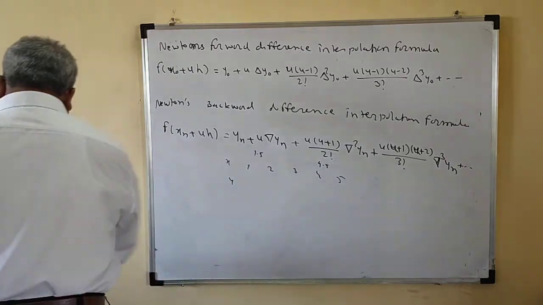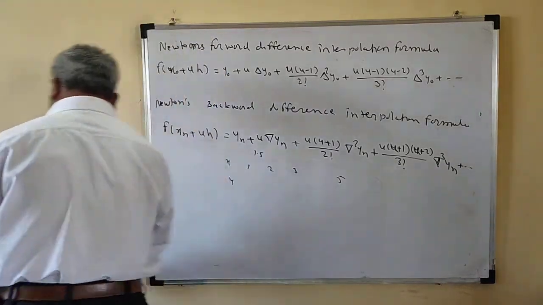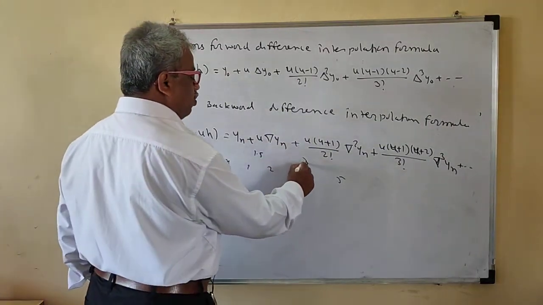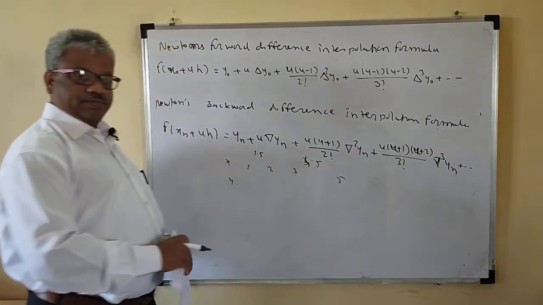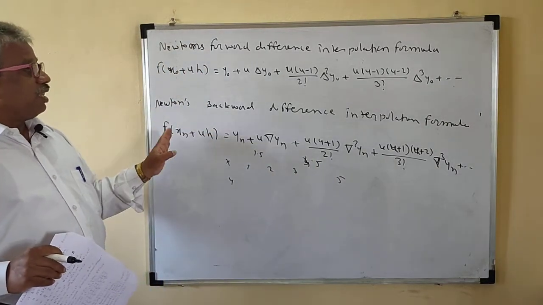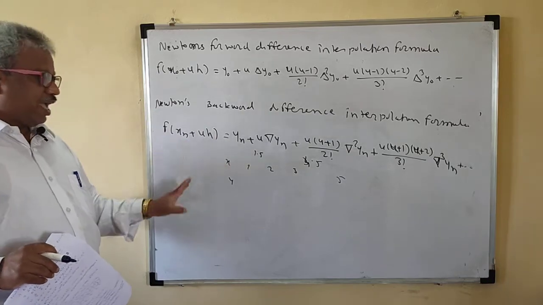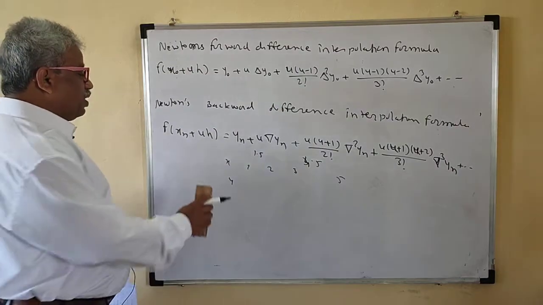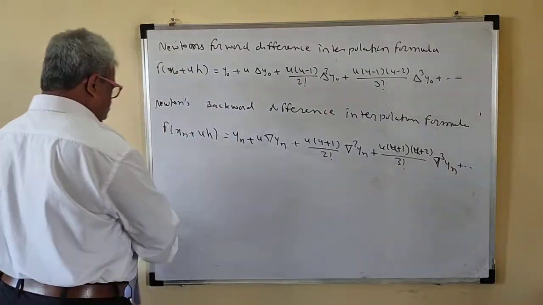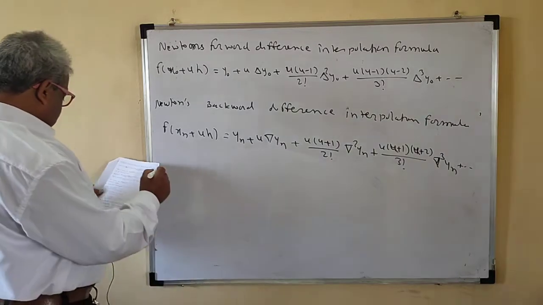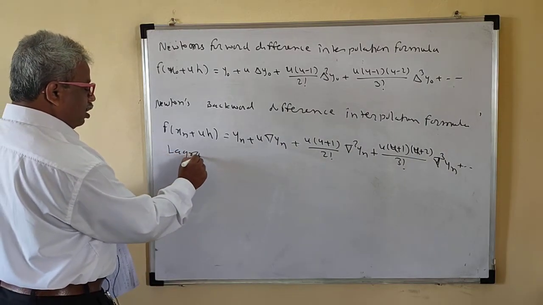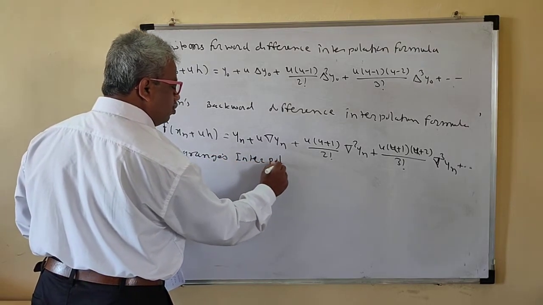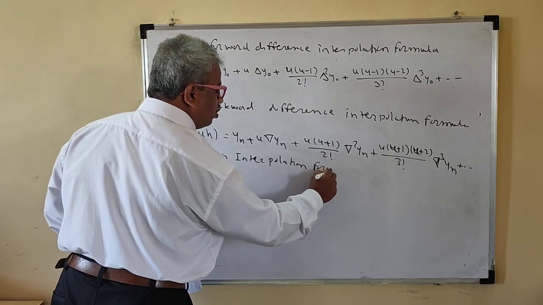मग आता समजा तुम्हाला हे दिलंच नाही, हे तुम्हाला दिलंच नाही 1 2 3 डायरेक्ट 5 आणि 3.5 किंवा 4.5 ची व्हॅल्यू काढायला विचारलं, तर आपल्याकडे दुसरा एक पर्याय आहे की लॅग्रेंजेस इंटरपोलेशन फॉर्म्युला आहे. तो लॅग्रेंजेस इंटरपोलेशन फॉर्म्युला काही असो, म्हणजे तुमच्या एक्सच्या व्हॅल्यू इक्वली स्पेस असलं तरी चालेल, नसलं तरी चालेल, म्हणजे दोन्ही वेळेला आपण हा लॅग्रेंजेस इंटरपोलेशन फॉर्म्युला वापरू शकतो. लॅग्रेंजेस इंटरपोलेशन फॉर्म्युला,